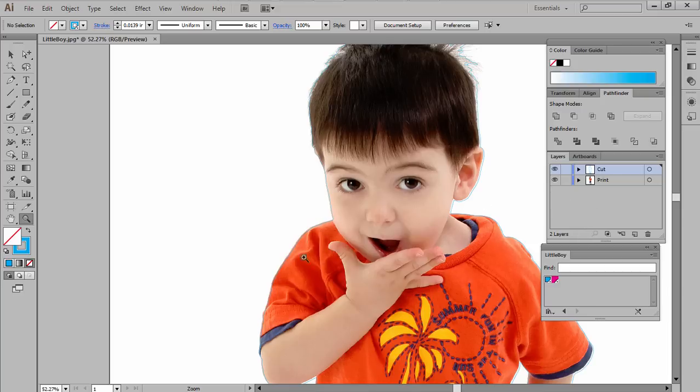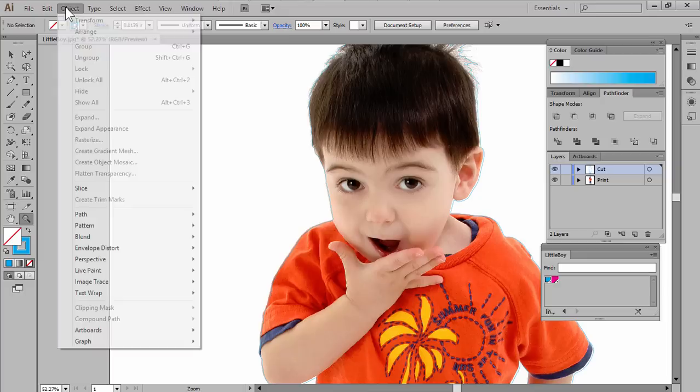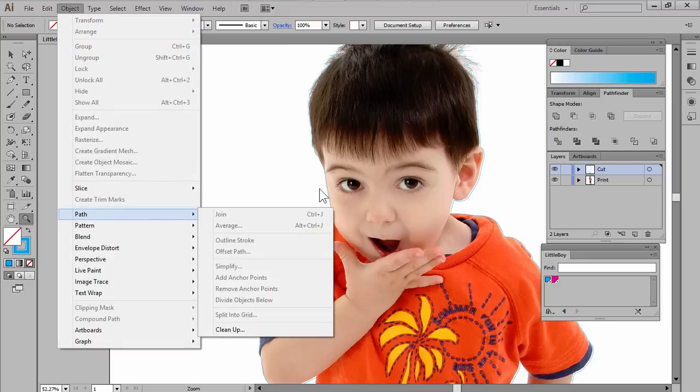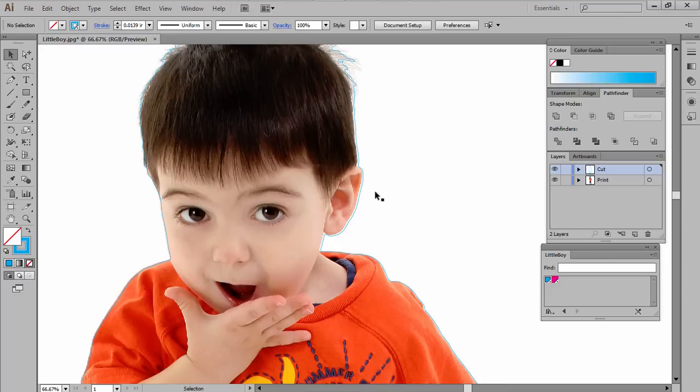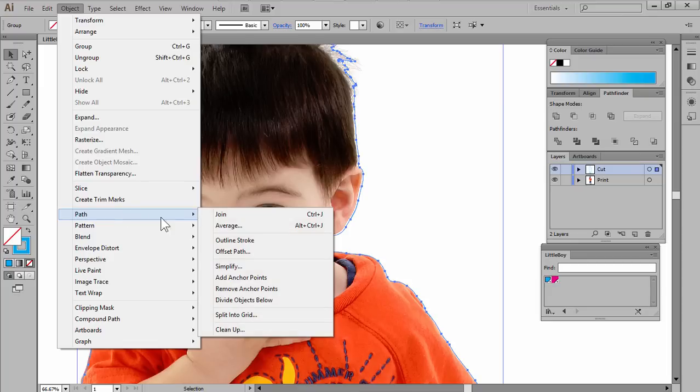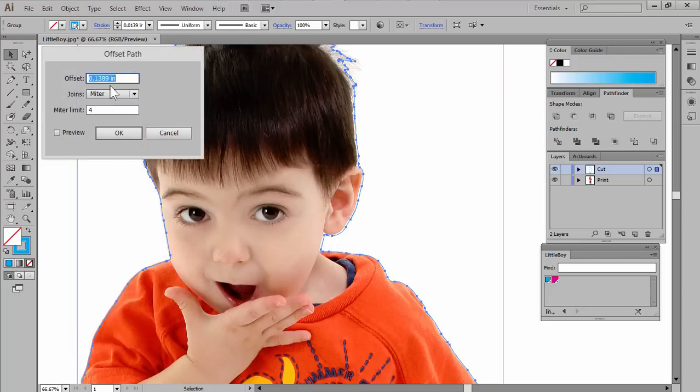But that's not what I want. I want to actually offset that. So I'm going to take my graphic, my cut line here, and go to path and choose to offset that. Let's select the path first of all. Sorry. Let's get that selected. There we go. And then let's do our path and then offset path. So I can define the amount here. I want to actually round the edges. I'm going to define it as maybe 1/4 inch or so,